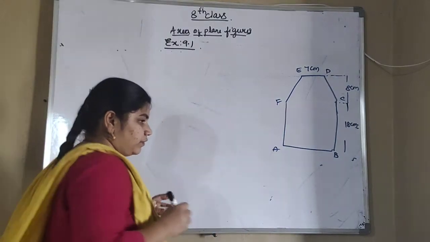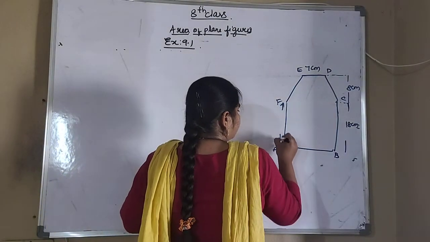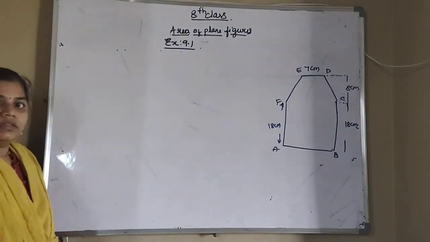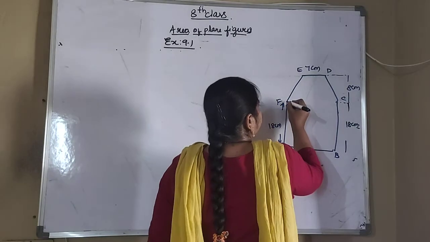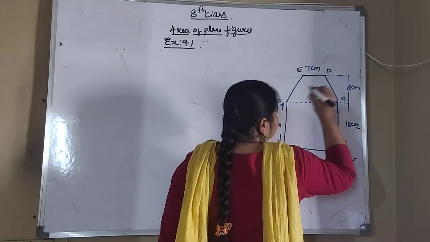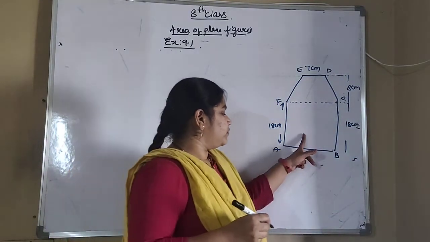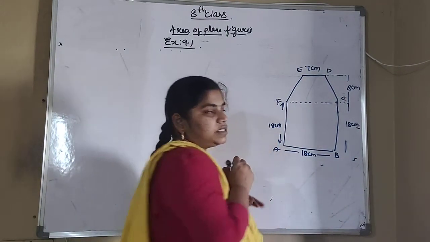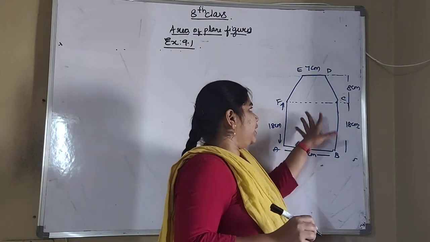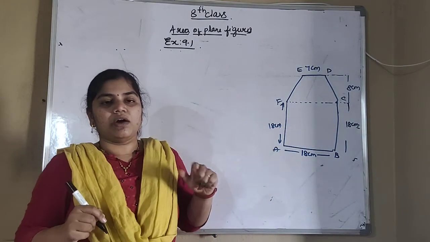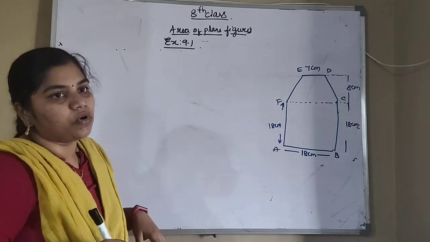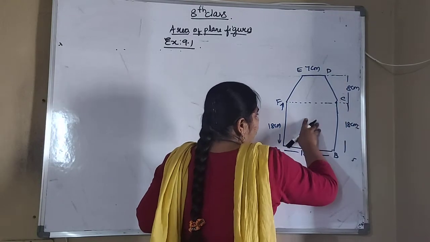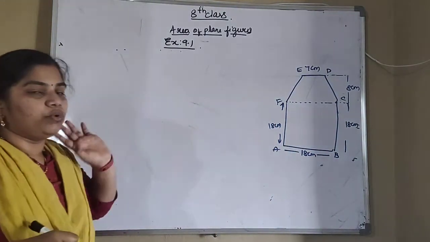Okay, now what do we have to find? We have to find the area of this figure. So if you divide this figure, it will be converted into two parts. I am joining a line here. So this is in the form of a square, because in a square all sides are equal. Here also they have given all sides are equal. So this one is a square and the other is a trapezium. We have already learned the area of a trapezium formula. So if you add the area of a trapezium and the area of a square, that will be equal to the area of the total figure.